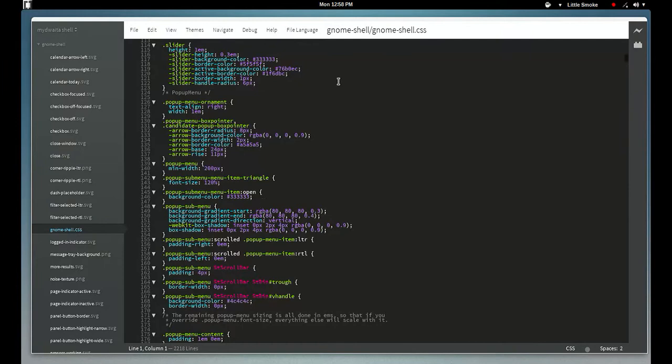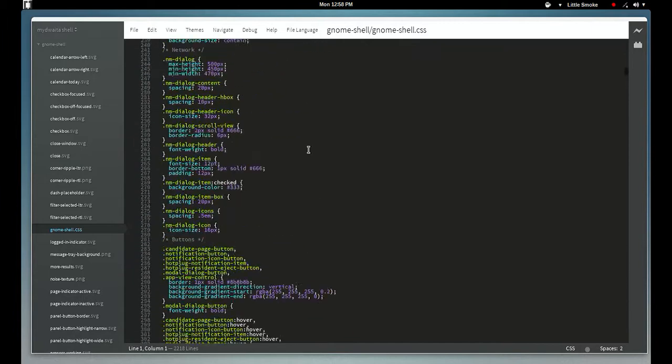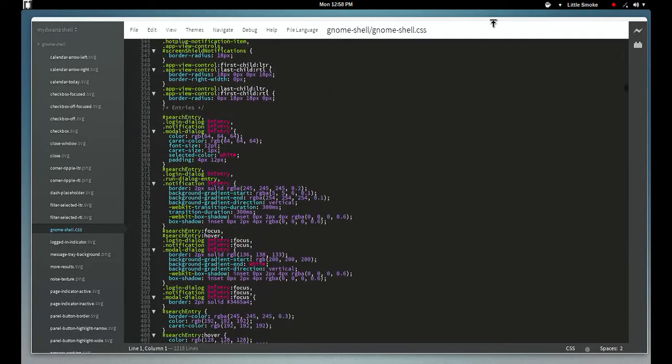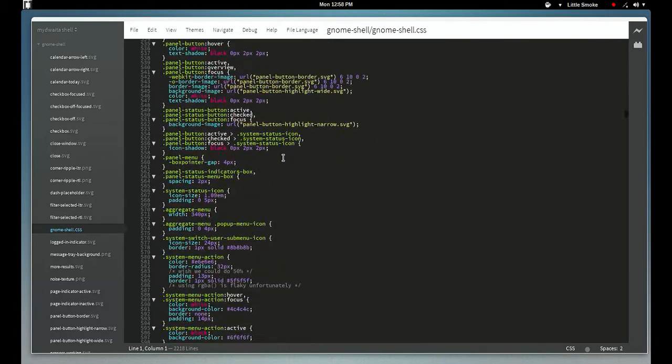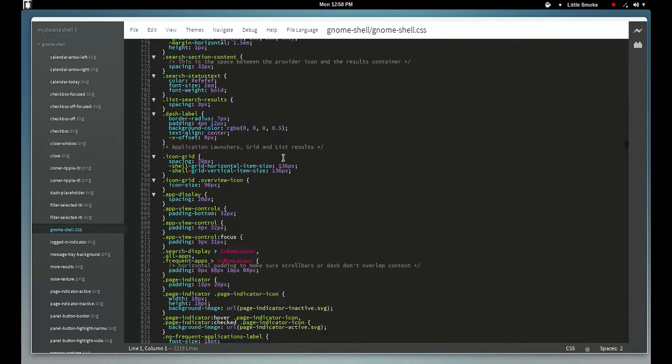Hey, I wanted to try something a little different today. I wanted to take a look at theming and editing Gnome shell. So I'm going to start with what I personally think is the easiest, and that's the panel, or the shell